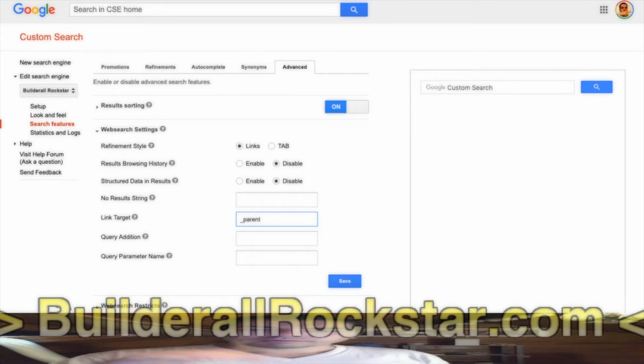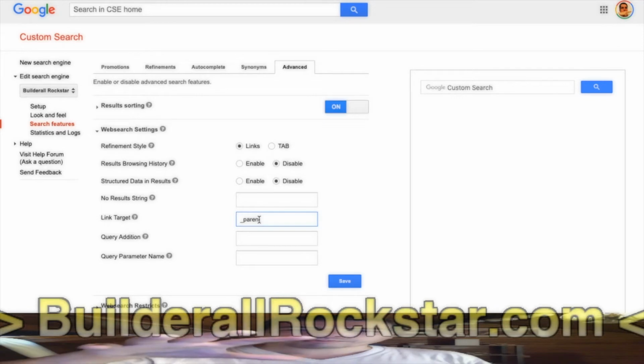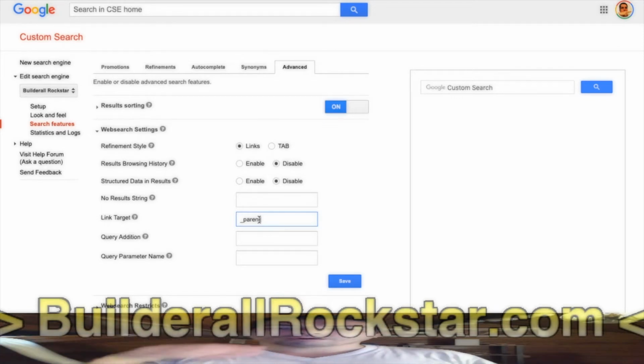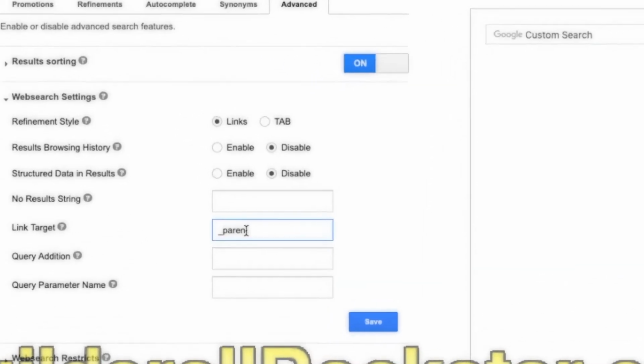And to do that with Pixel Perfect, you need to specify the link target to be underscore parent. So it will know that the site need not to be loaded into the iframe, but into the whole window of your site. So this is why here you should put underscore parent.